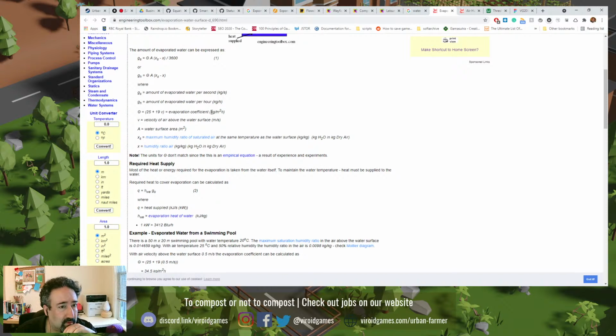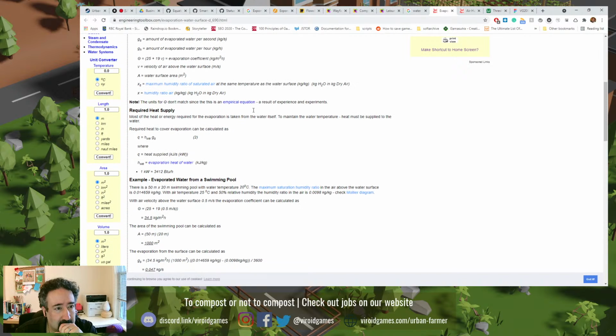Evaporation coefficient. So altogether, this is whatever that value is, automatically constant. Okay, call it horse shit, but